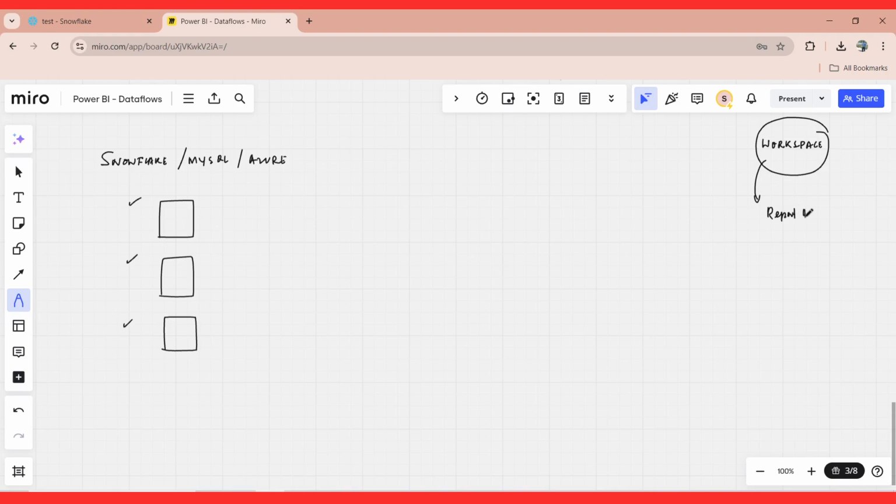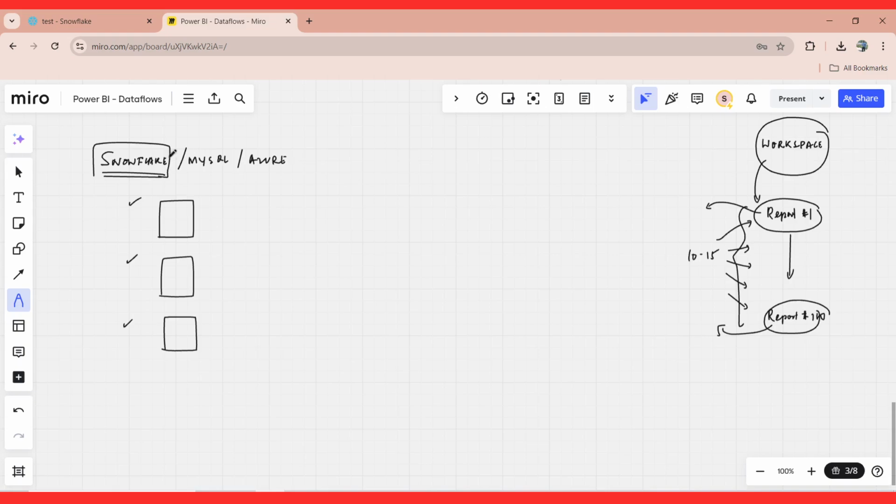Report 1, till, let's say, report 100. Now imagine all of these reports are selecting multiple tables from your original data source. Now imagine I'm talking about Snowflake. You are going to use 10 to 15 different tables to build all of these reports. Traditionally, what we used to do is we will deploy or publish these reports individually, and our direct data source